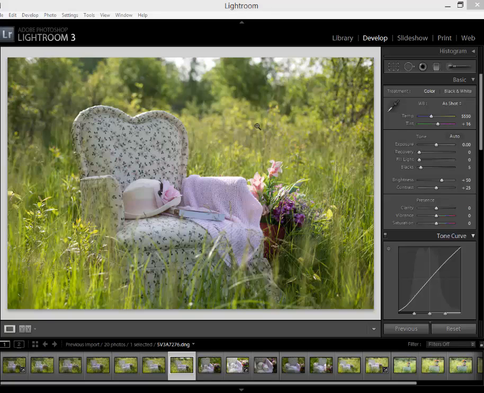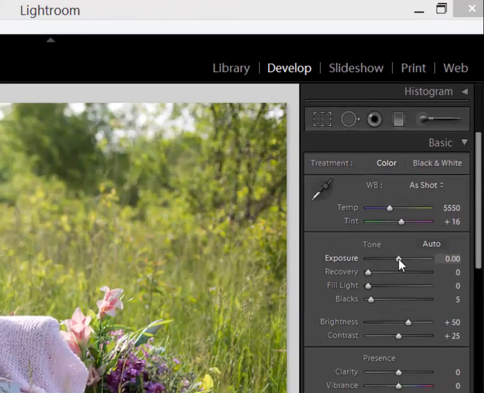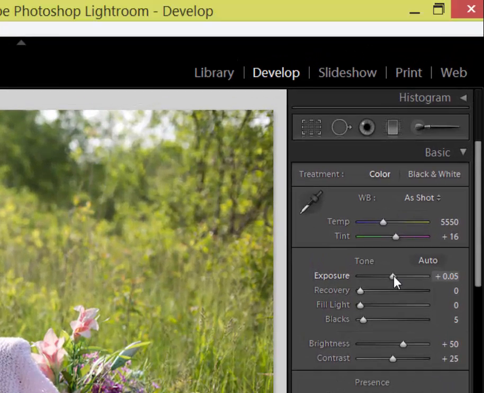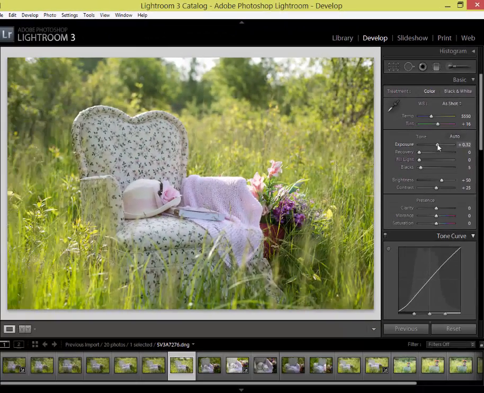I'm using Lightroom 3. First of all, I like to look at the overall picture. And this exposure slider right here, I play with this. And I want to make sure that one of the areas in the picture, by using this exposure slider, is where I want it, and I'm going to actually try to get the background to where I want it, and I like it right there. But I think the chair is still a little dark because it was backlit, so I'm going to use this